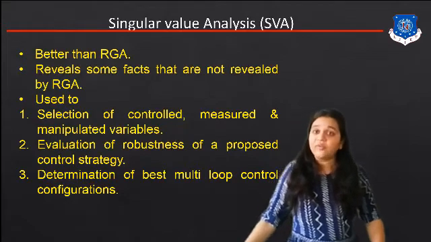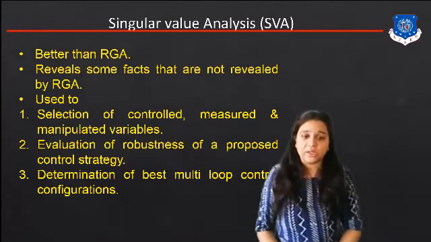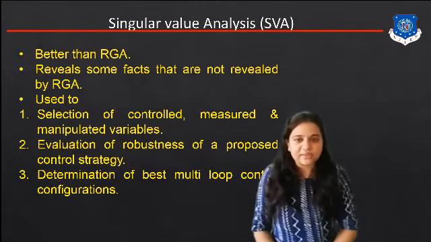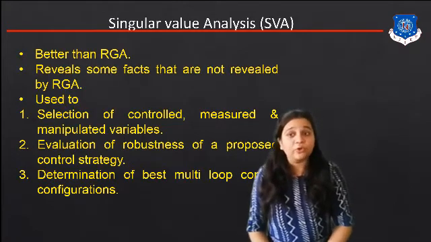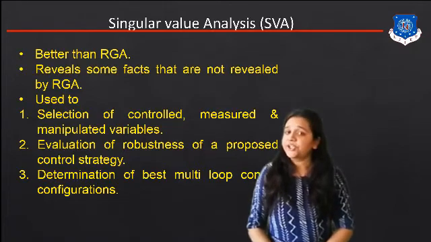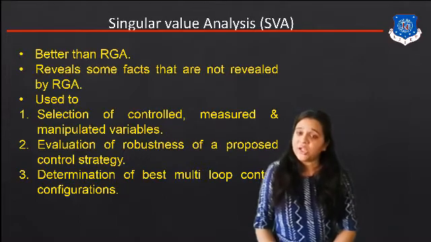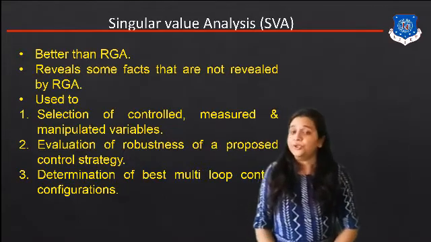Okay, so whenever we design the MIMO system, the most important thing is the best pairing of the system, and then we have to select the best controller, best measured variable and the best manipulated variable using the